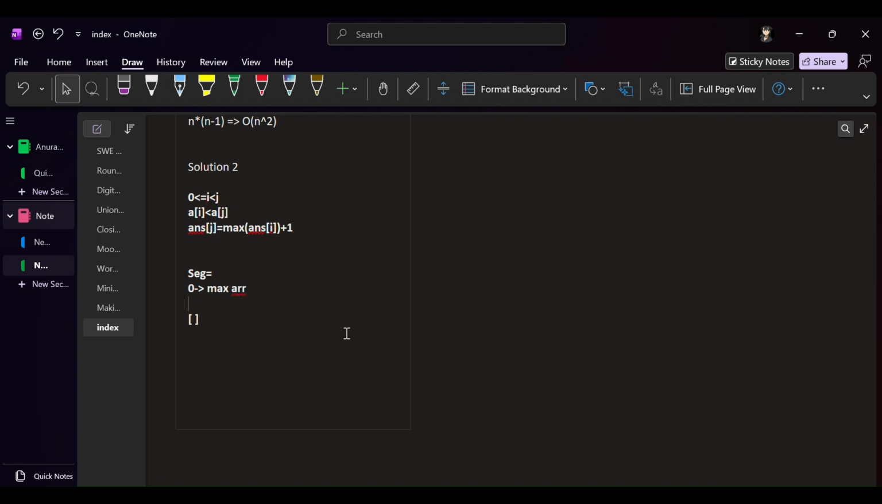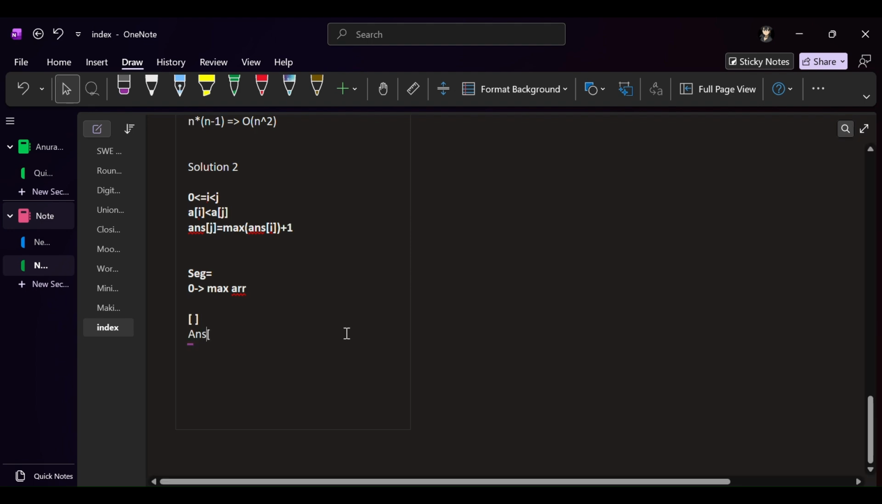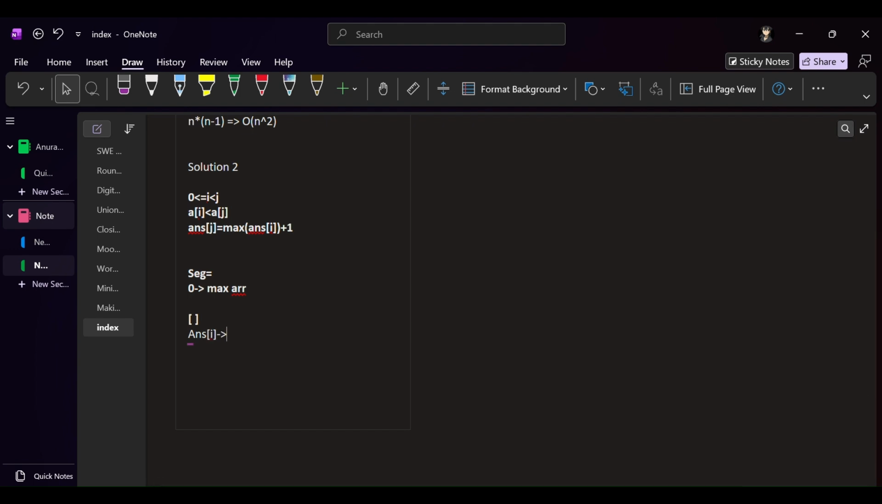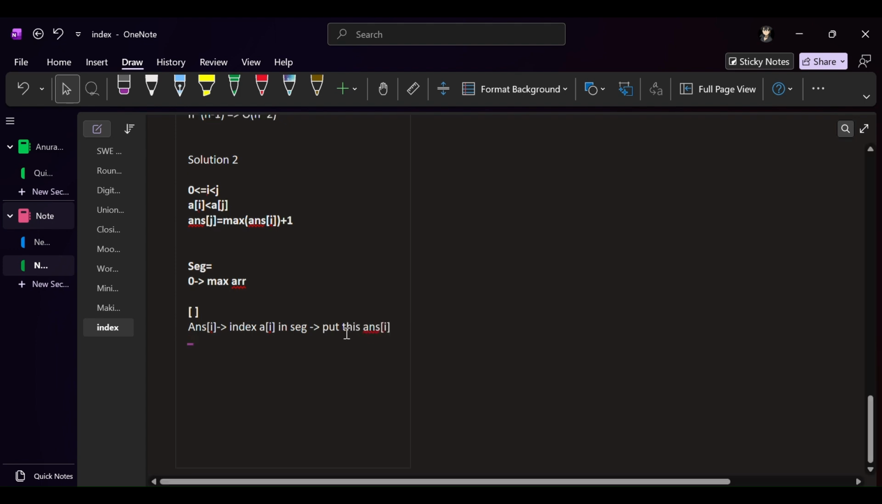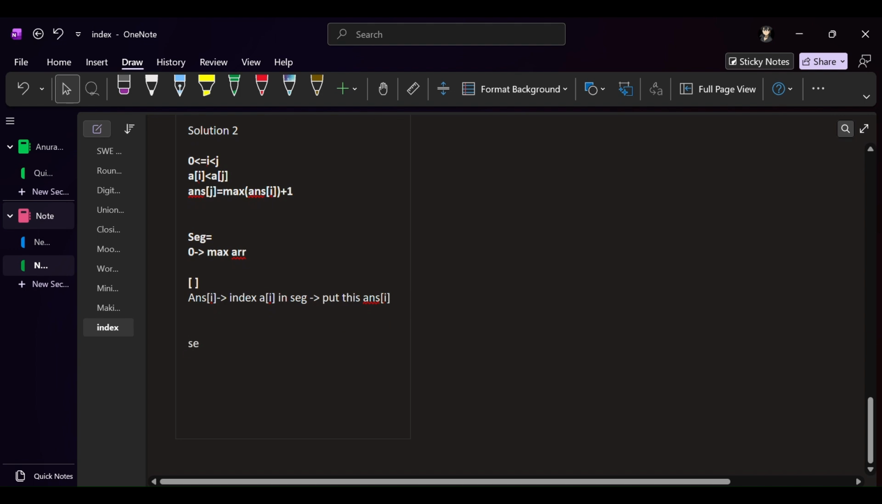So we are going to maintain an array of length max value in the array. While we are calculating the answer for I, at index a of I in the set, we will put this answer of I. So while we are calculating the answer for each I in the seg array at each index,